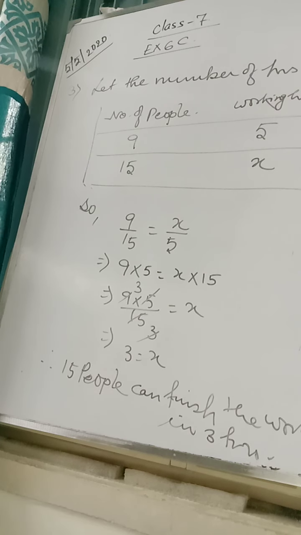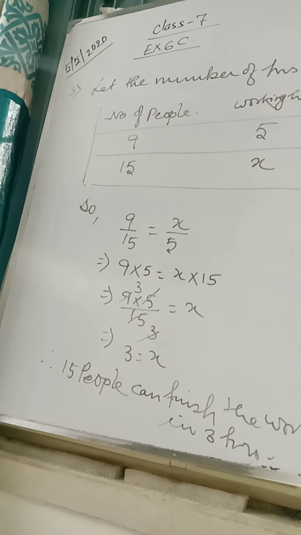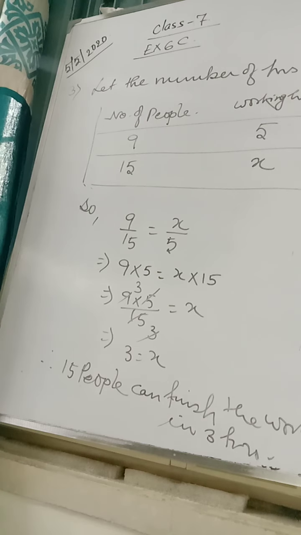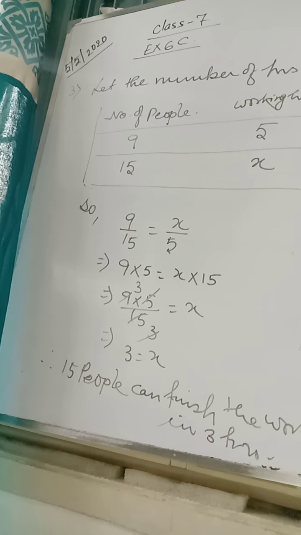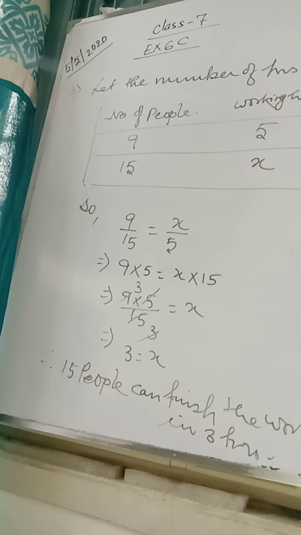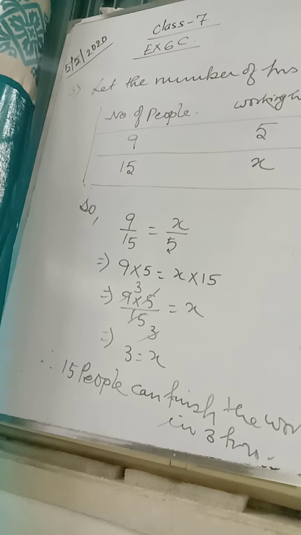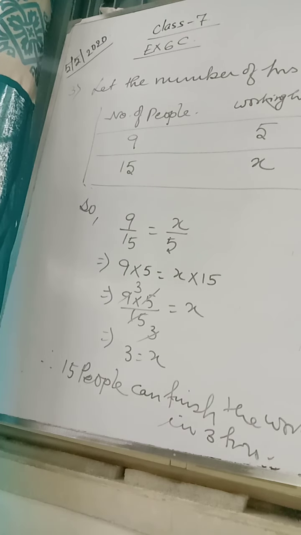Look at question number 6. 500 men have provisions for 21 weeks. 25 men joined them. How long will the provision last? Now when there were 500 people, they had food for 21 weeks. So with 525 people, how many weeks will they have the food provision? Now you just see.